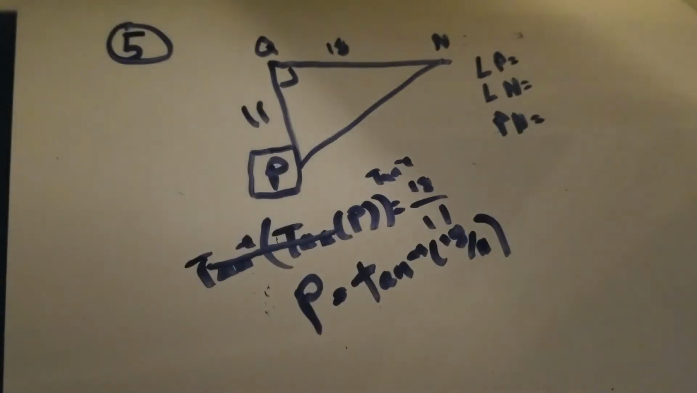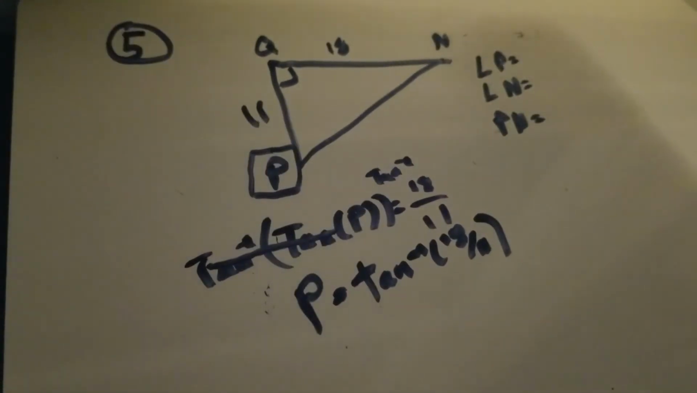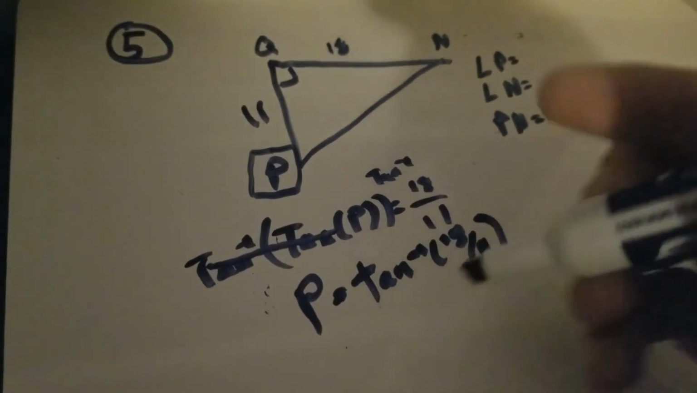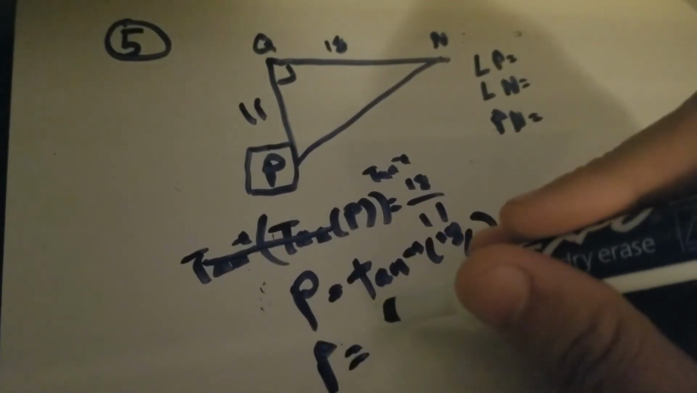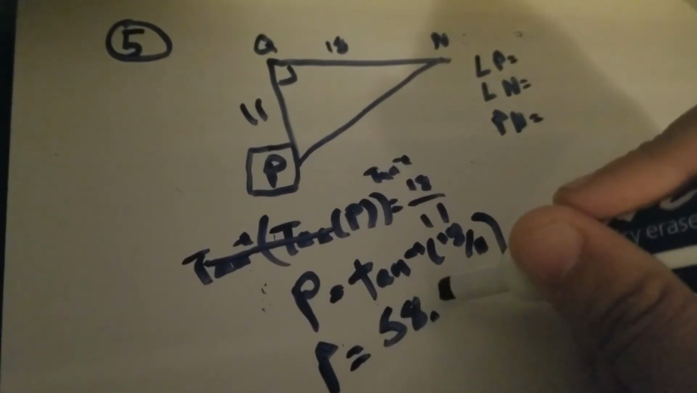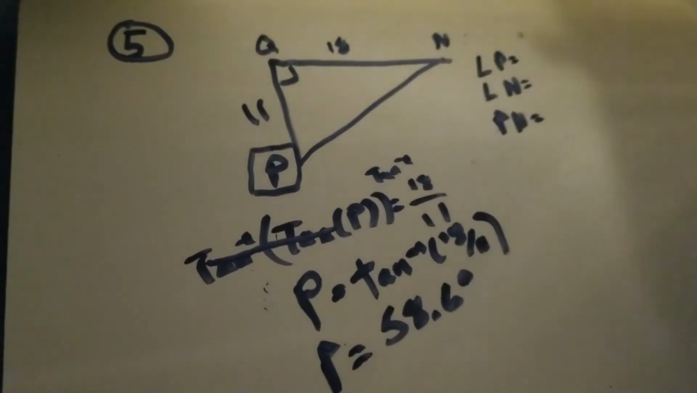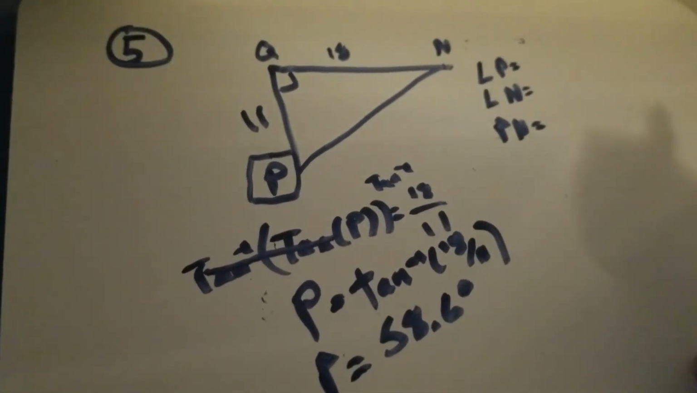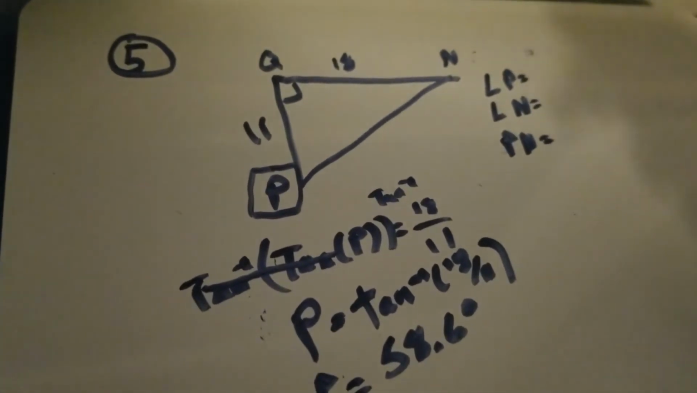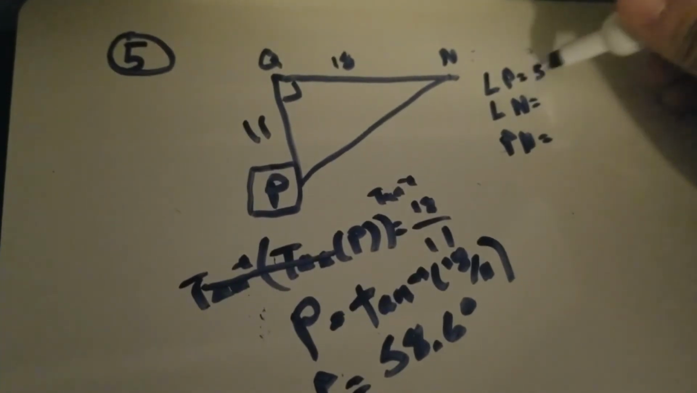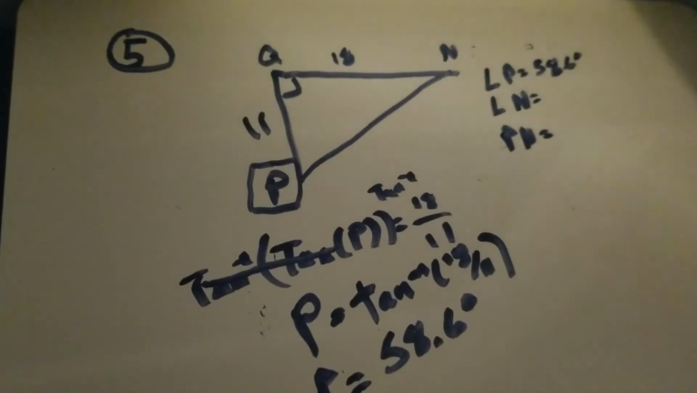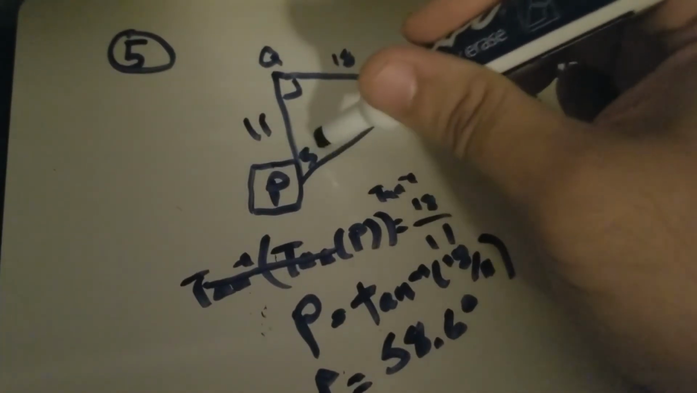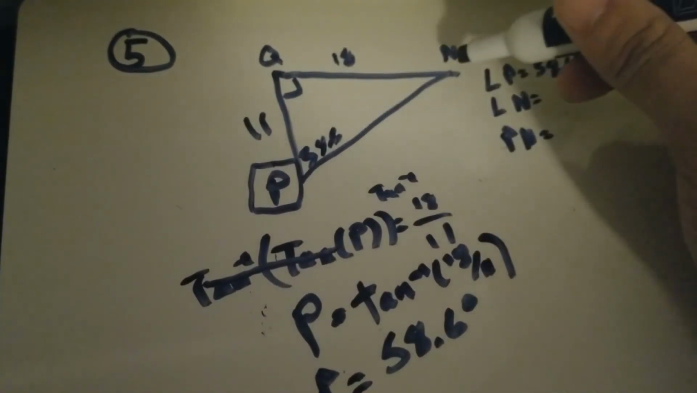So I'm going to type that in the calculator. And the answer is 58.57. So let's go to 1 decimal point. So P equals 58.6 degrees. So now I know angle P is 58.6 degrees. Now N,